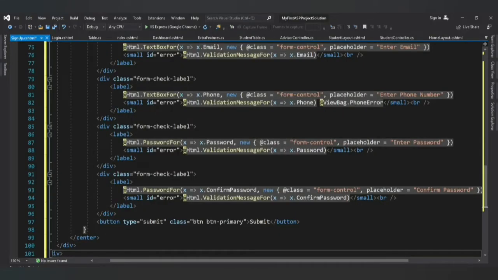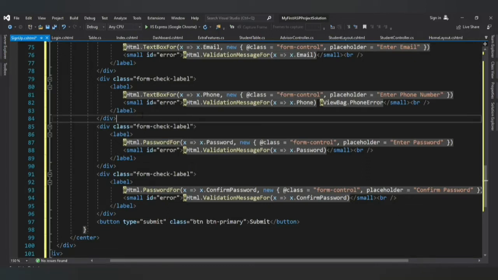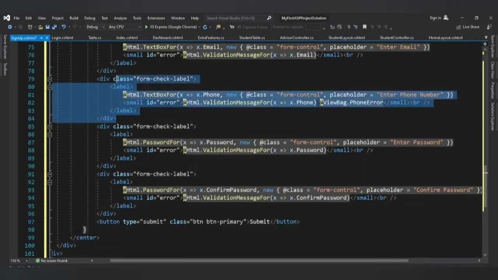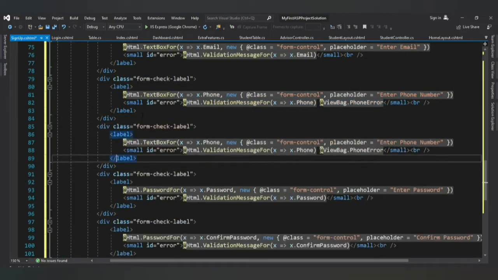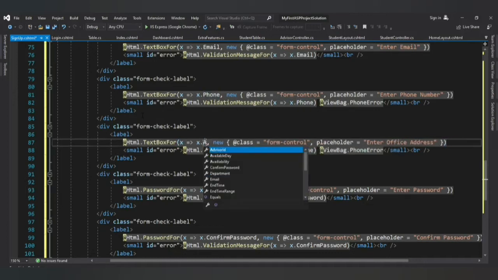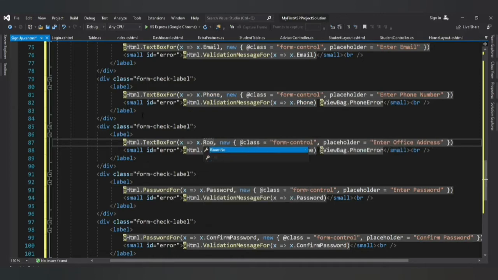Okay, so we could use this. I'm going to copy this to C and then paste this, and it's going to be enter office address, and I'm going to change this from phone to address. No, I think that was room number. Yes,